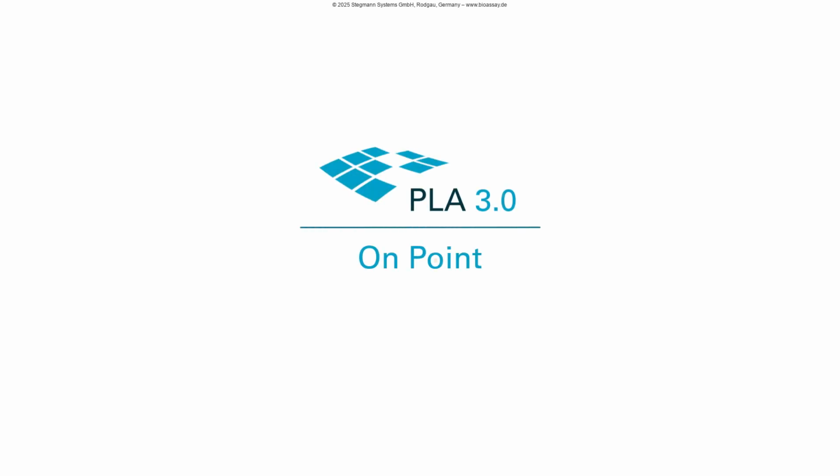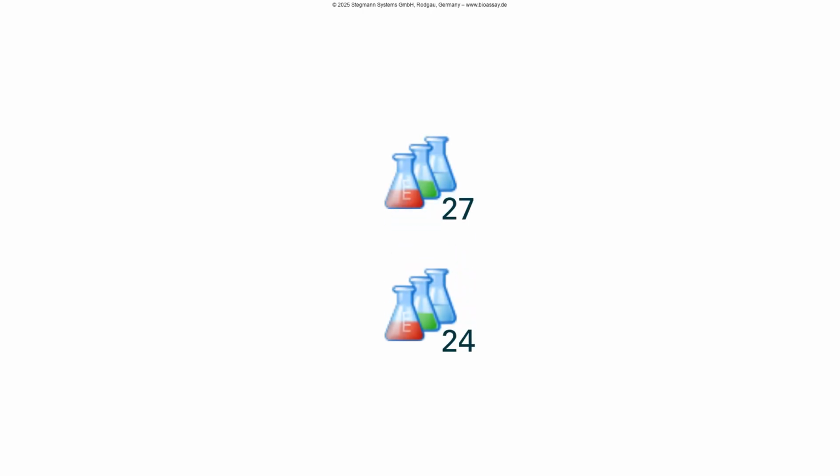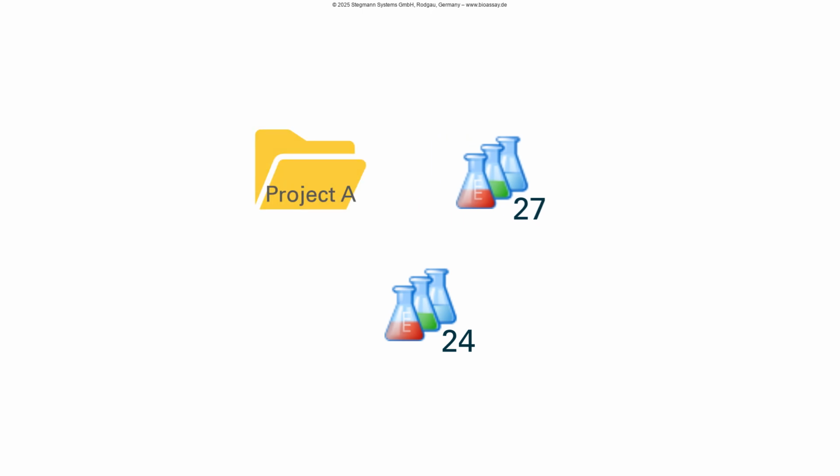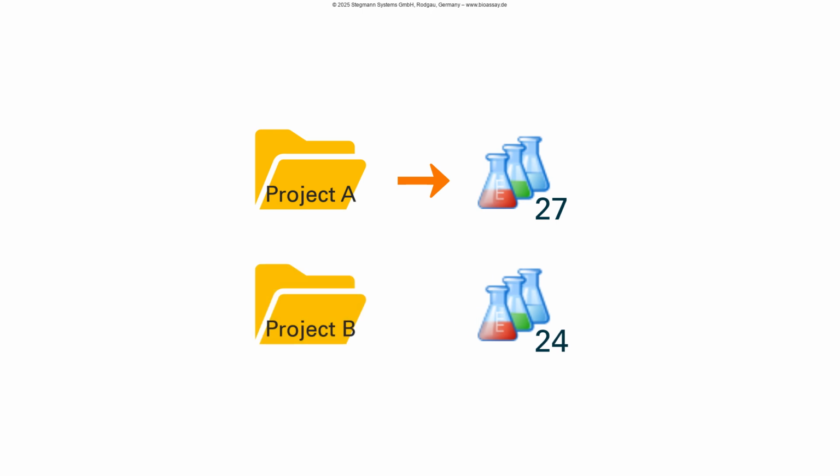PLA On Point. In this video, I show how to work with different add-on versions in PLA 3.0. In PLA, I may need to use different add-on versions. For example, if one project requires the biological assay package version 27, while another project still relies on version 24